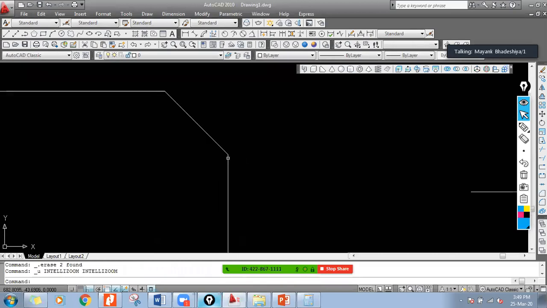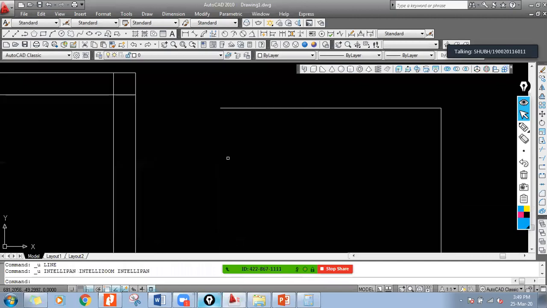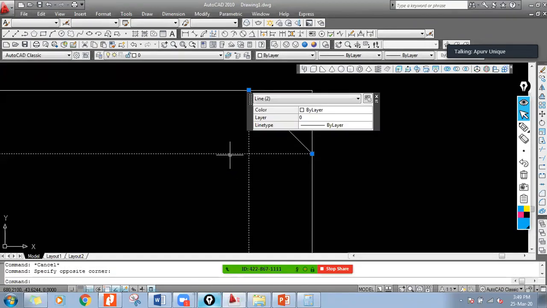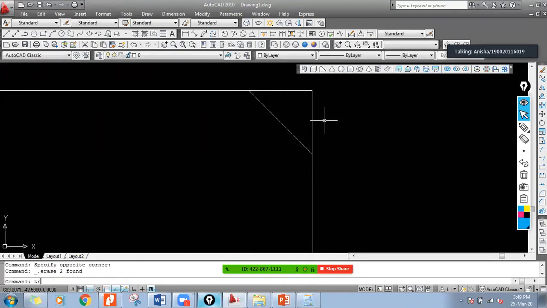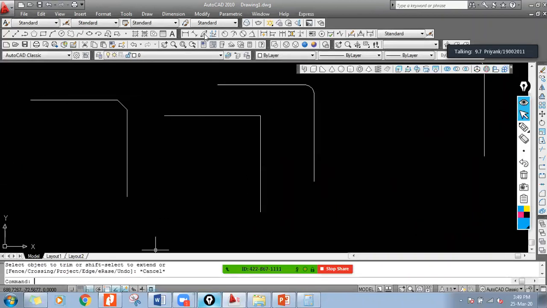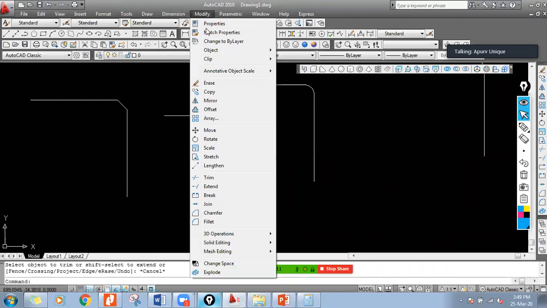Correct? I repeat. First, I need to make 2 offset lines, parallel to the vertical as well as parallel to the horizontal line. Then I select this point, 2 mm and 2 mm of this point. I remove this reference line and I need to trim this one, but I have a ready-made command available in the modify menu, and that is